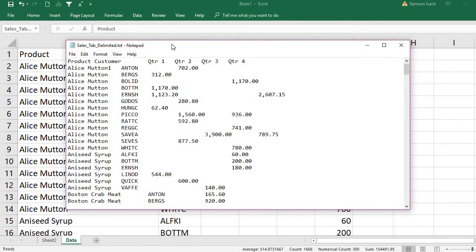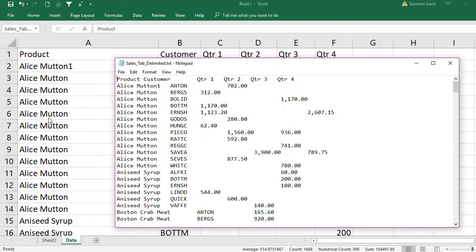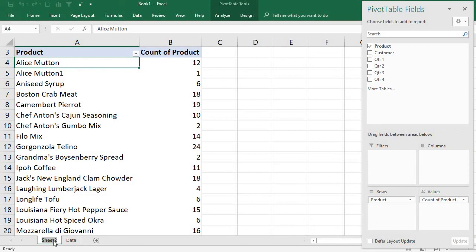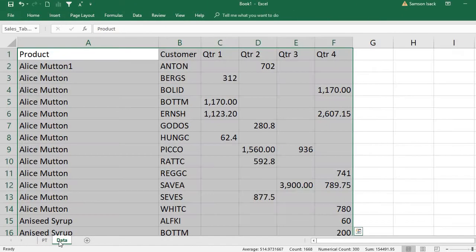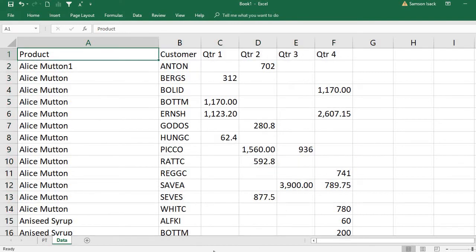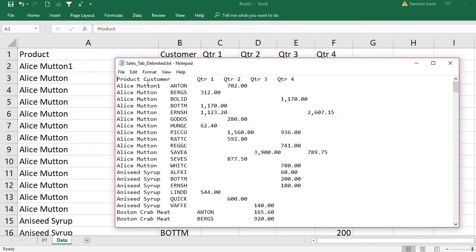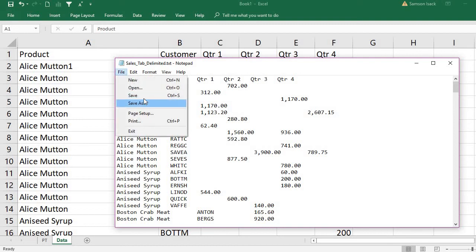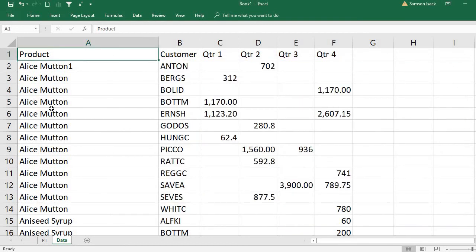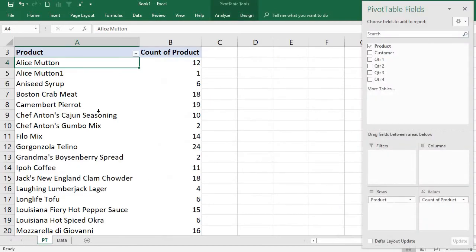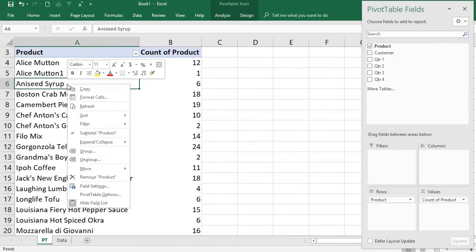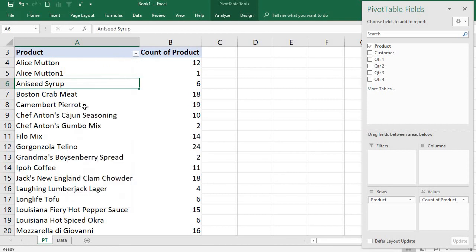You can see here, the data is imported into the sheet, and then the pivot table is on that. What we are going to do is a small test: I am going to change this mutton 1 to mutton 2, and save it. I changed the text file, but what happens to the pivot table? I am going to refresh, see what is happening. I refreshed it, nothing happens